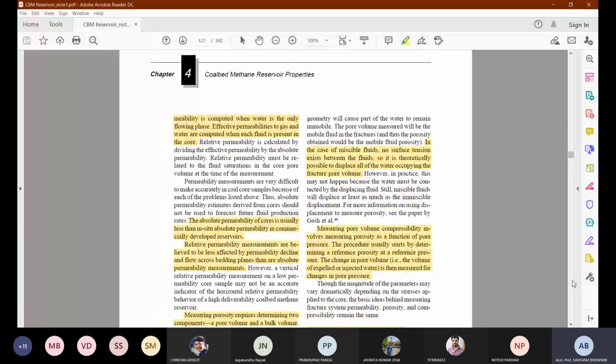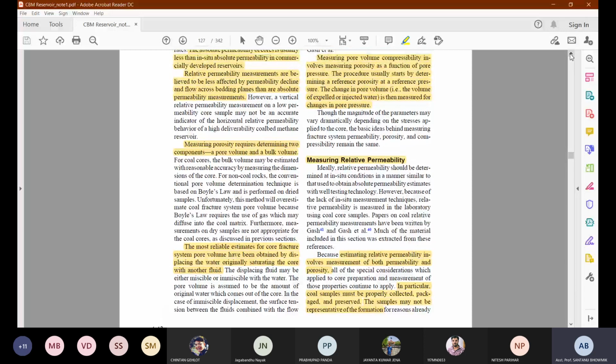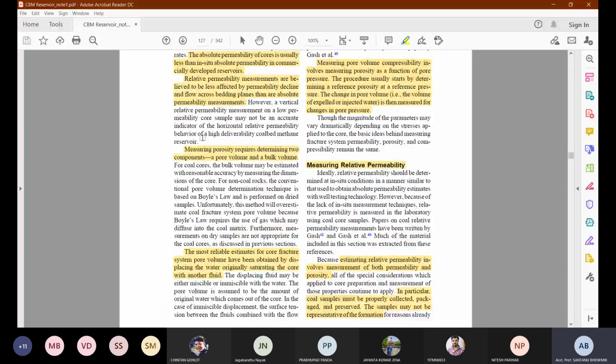So the differences of this permeability is quite common in the CBM reservoir. Now, as you know, you have to measure the porosity also, and in the porosity there are only two parts. One is the pore volume and one is the bulk volume. If it's a geometric shape, you can measure the bulk volume, or if it is a coal chunk in the laboratory, you can measure the bulk volume by Archimedes principle, having water displacement technique. Whereas in the pore volume, generally, if you read the text, they have also given, and